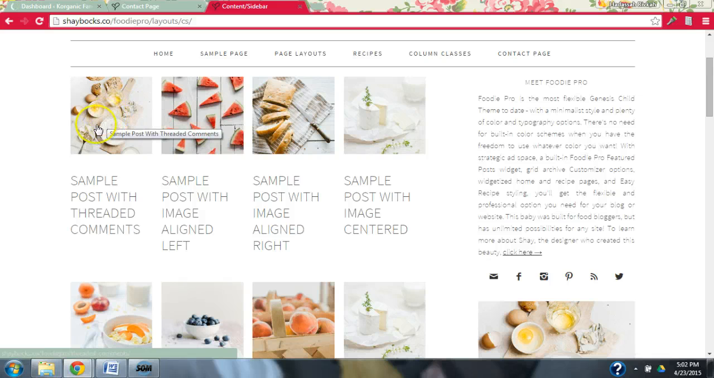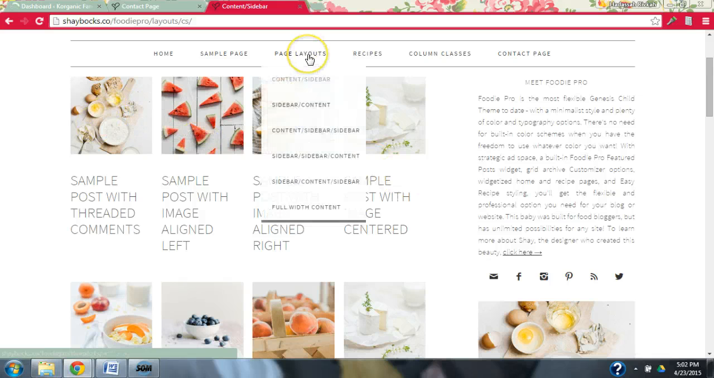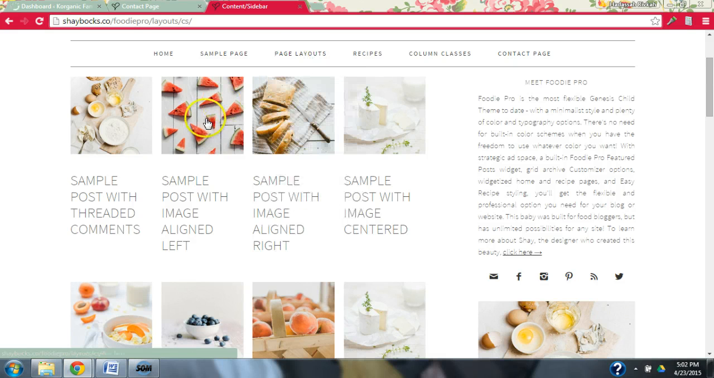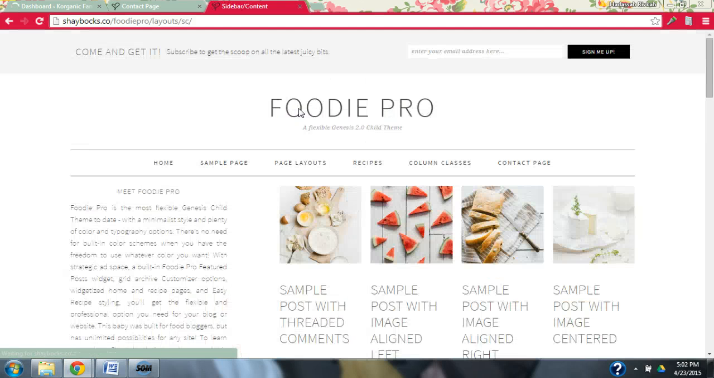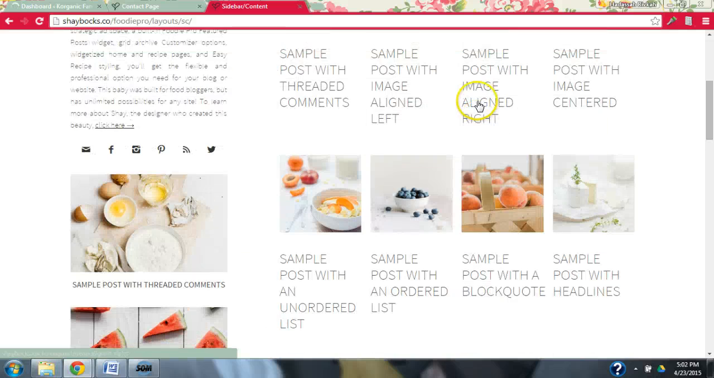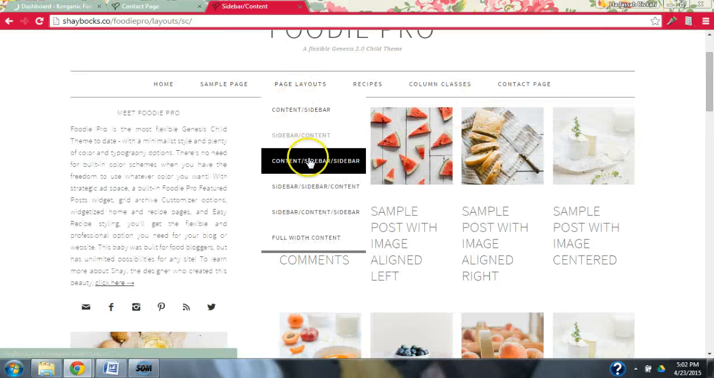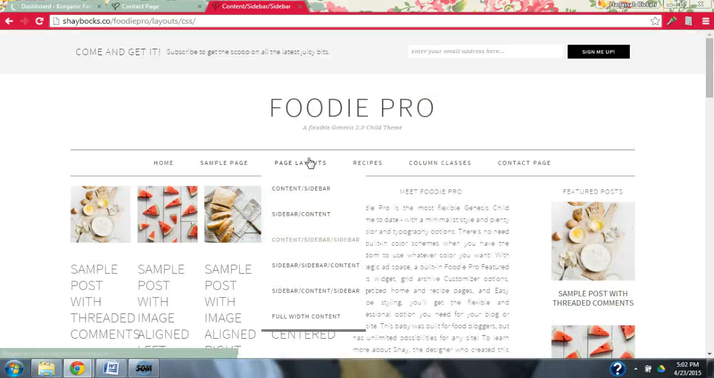So I'm going to go through these in just a second, but first I'm going to focus on the page layouts. So we have the content and then the sidebar, and then we have the sidebar on the left and the content on the right. You can see it's just basically the same stuff, and you can see the example of this is supposed to be content sidebar, but it's just I guess a typo, or they need to go in and edit this because it's really